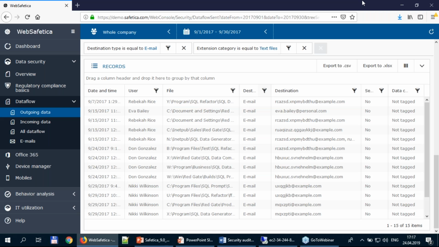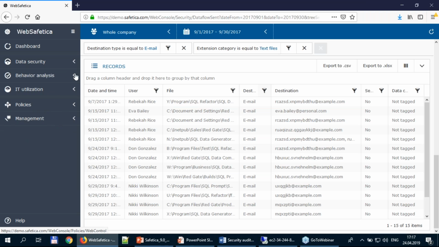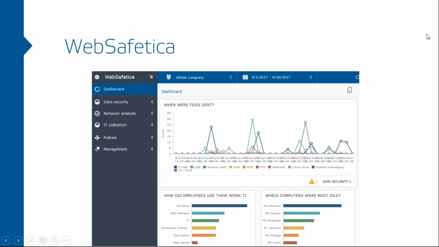Other improvements within WebSafetica are changes in management. It is now easier to manage server and endpoints. You are able to do troubleshooting faster. Also, there have been improved mobile device management and deployment, and also Azure ID user identification for O365. So these are the improvements in WebSafetica, and with that, I would like to ask you